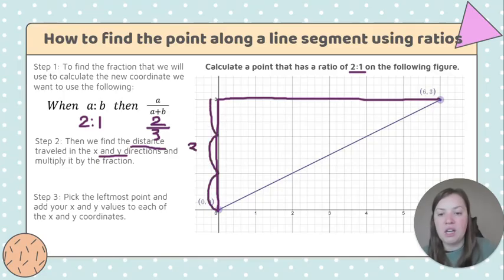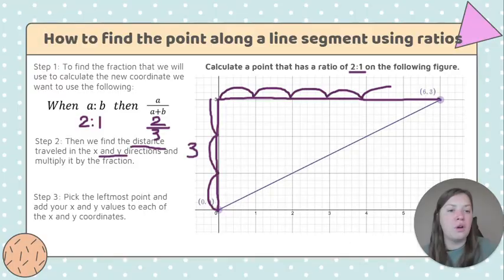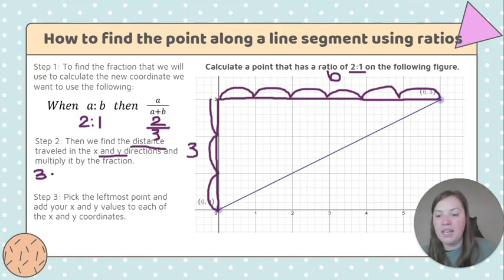So 3 is our distance here in our y direction, and then we can go 1, 2, 3, 4, 5, 6. So we have 6 here in our x direction. Now, once we've identified that, then what we want to do is multiply each one of these values times our fraction. So we want to take 3 and we want to multiply it times